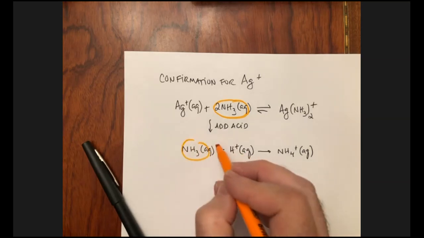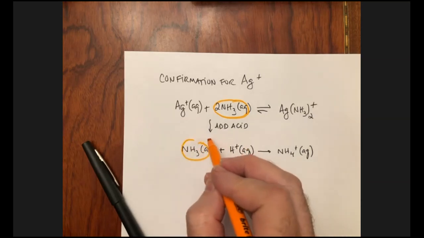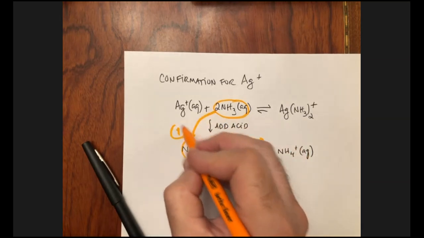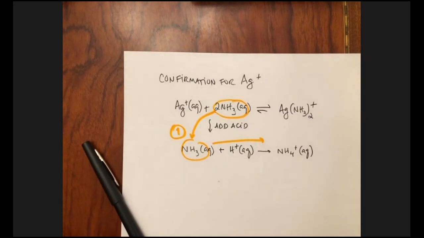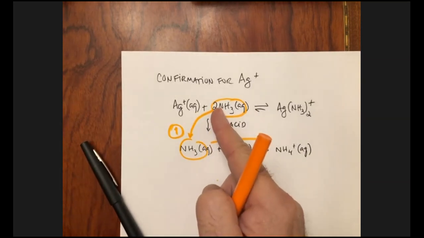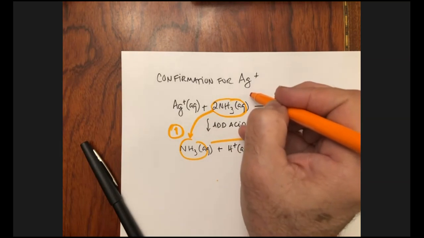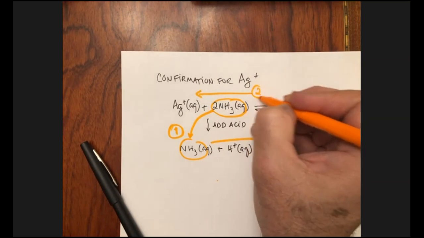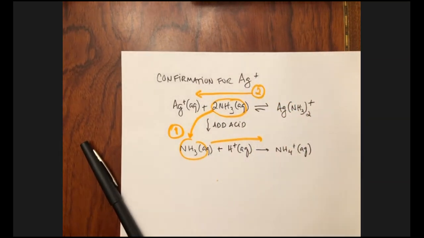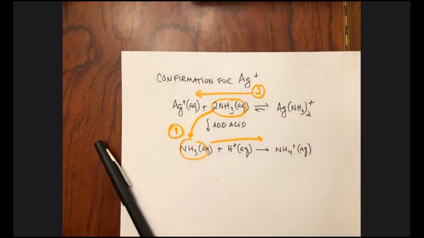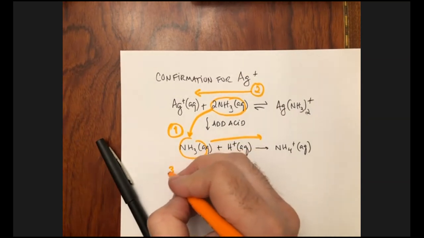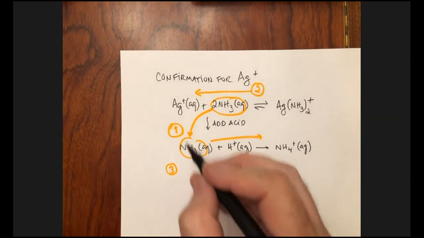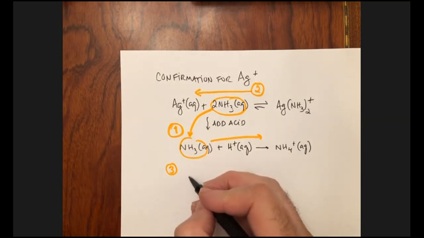Now what I'm doing is I am essentially removing ammonia from this equilibrium. And if I'm removing ammonia from this equilibrium, that means that this equilibrium on the top here is going to shift towards the left, just by Le Chatelier principle. And that means that if I have that equilibrium shifting to the left, in other words, if I'm generating more of these